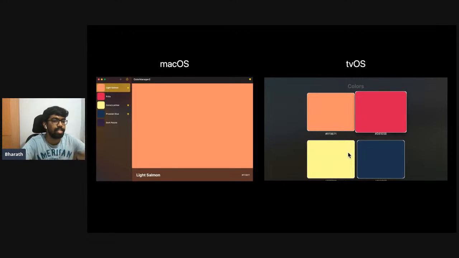So it's gonna be stationary inside your home or bedroom or wherever it is. And also, we should be looking into maximizing the real estate that's provided in tvOS. So it's quite big, which depends upon your TV size. So it's a whole new world to design